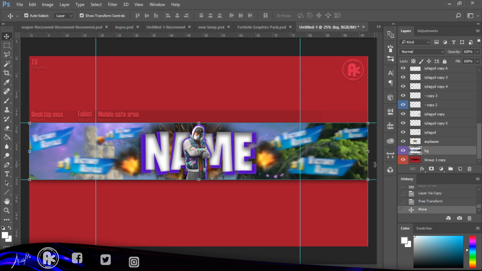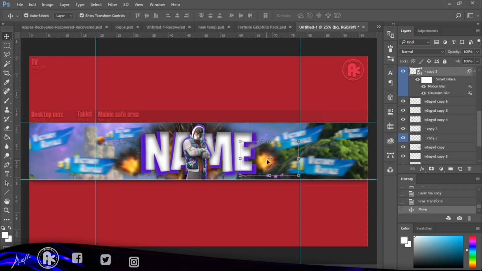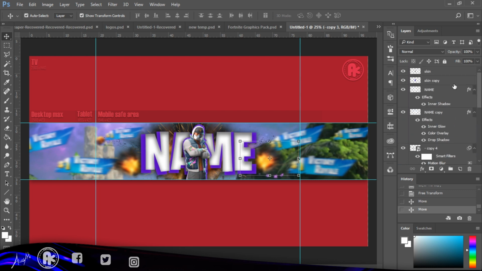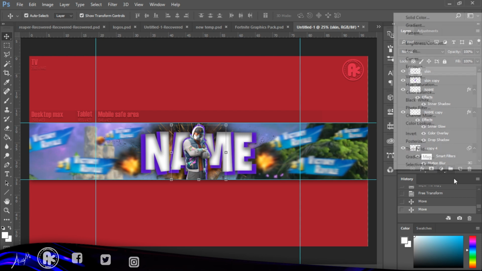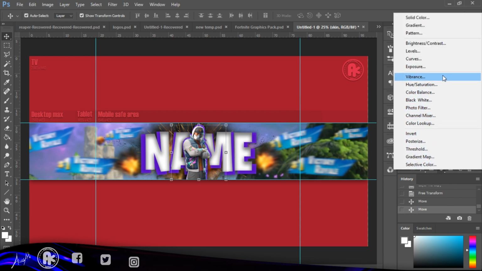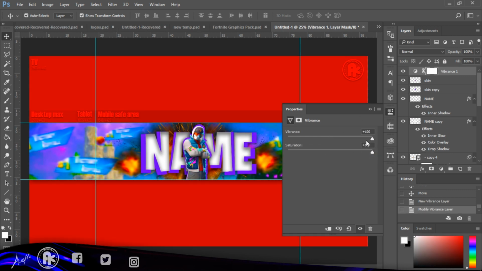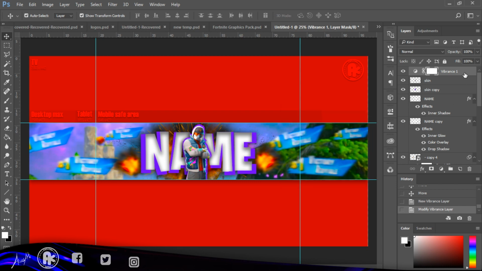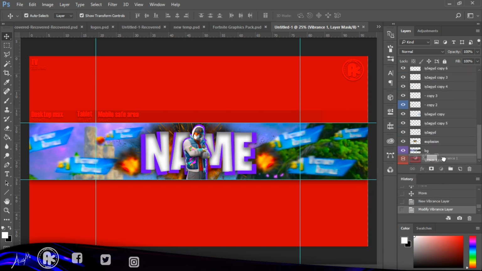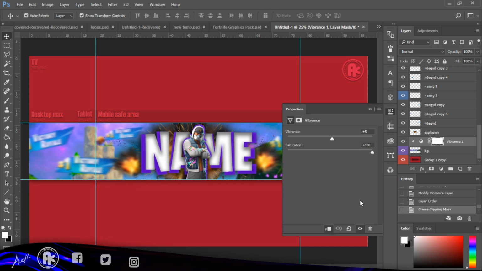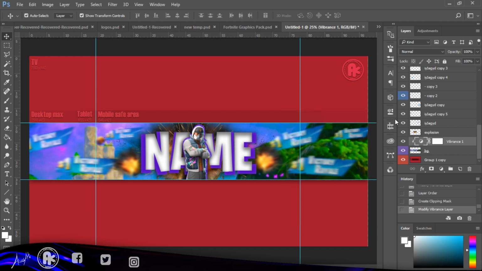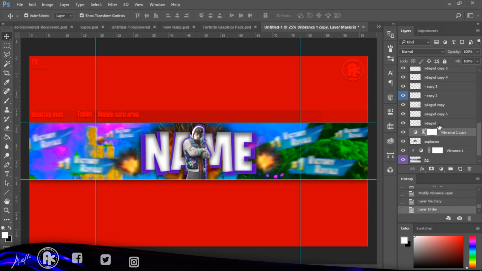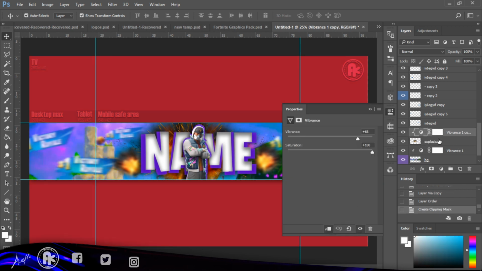So after you're done the explosions, you can go all the way to the top and press this circle here and go into vibrance. Put it all the way up, the vibrance a little bit down, and I think it wouldn't be the best if we put it on the background actually. Background, click, put the vibrance all the way up actually. A little bit down maybe. And go J, put it on the explosion, put it on it,